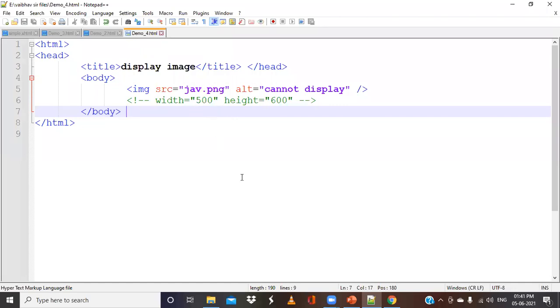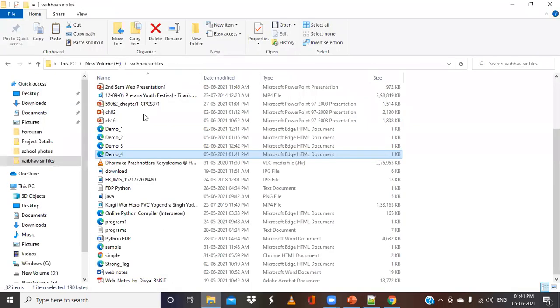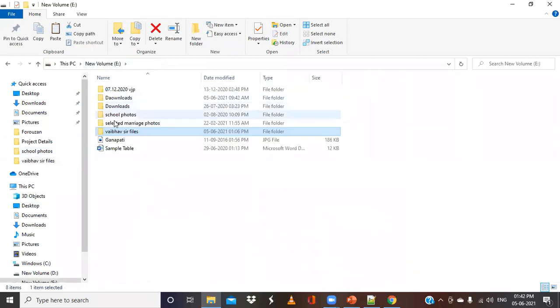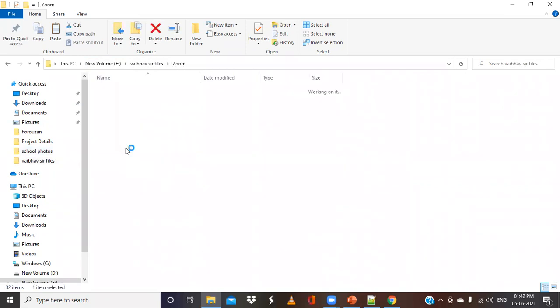Now, suppose my HTML file and this image file are both in the same directory. But if the image is at a different location, for example, say I cut this particular file and put it somewhere else, into this particular section.